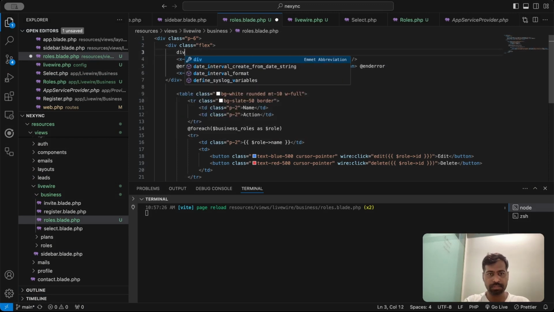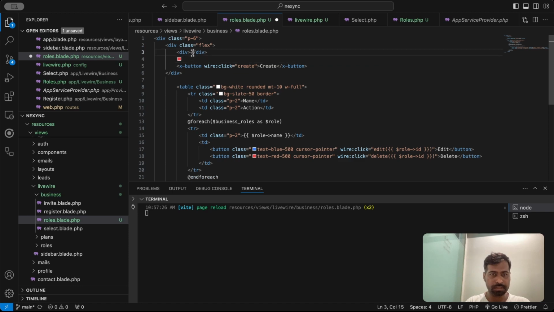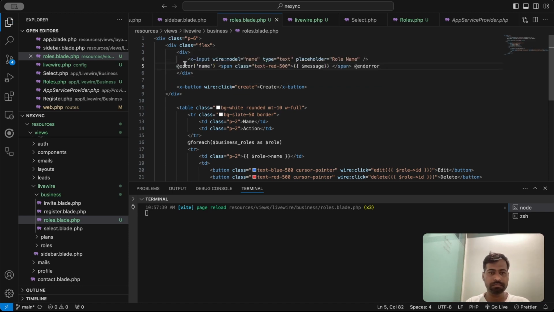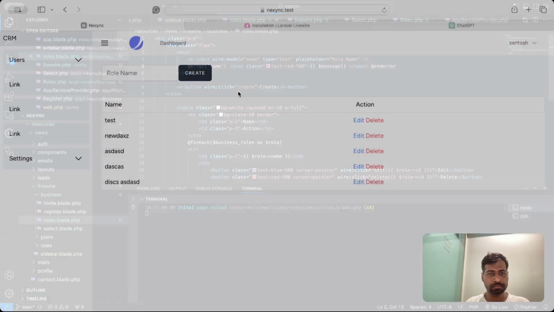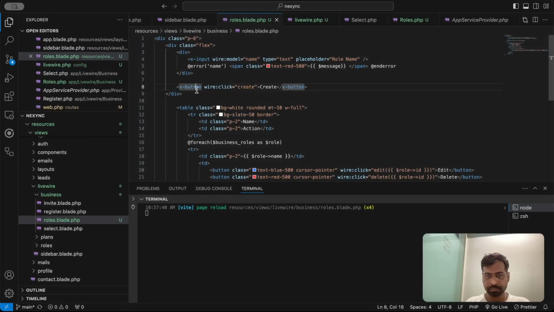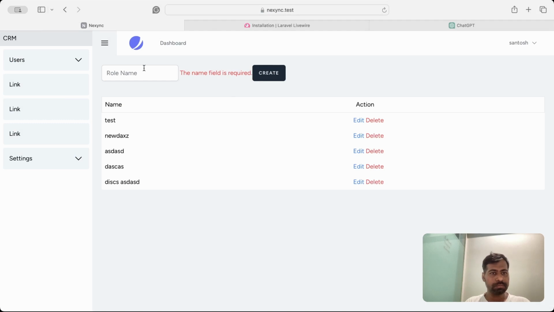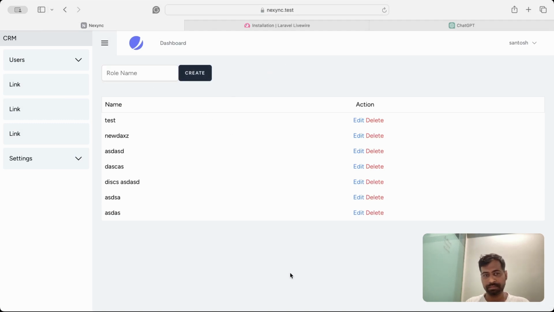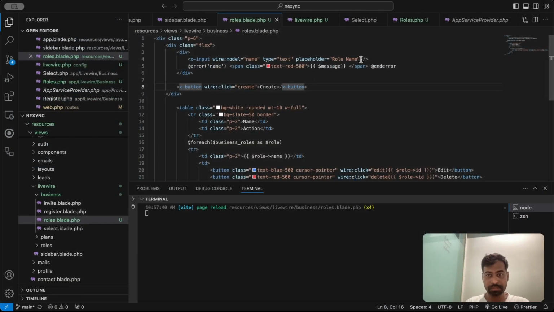So I'll just create div, and we'll add this divs here. Okay, the name field is required. Now if I add name, so it will get created. Okay, then if I go edit, so it should have that save option. So